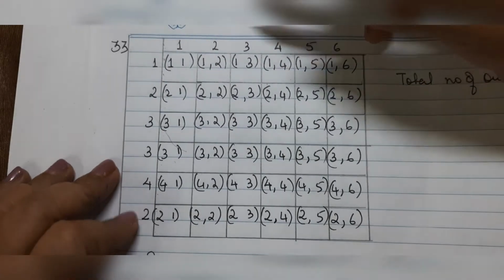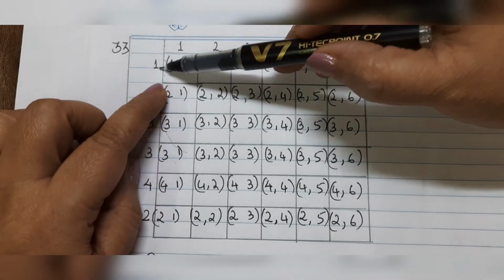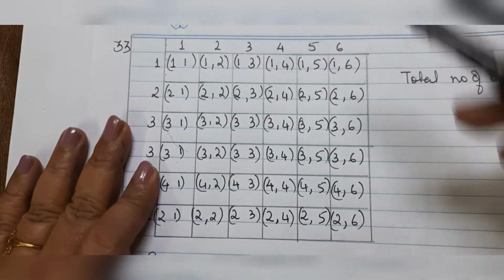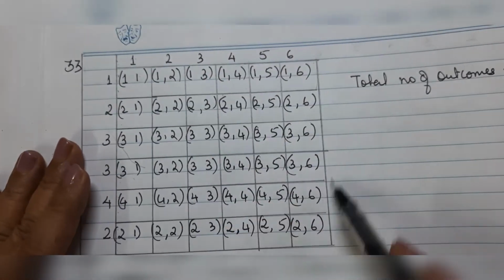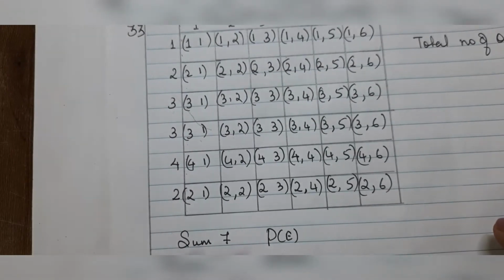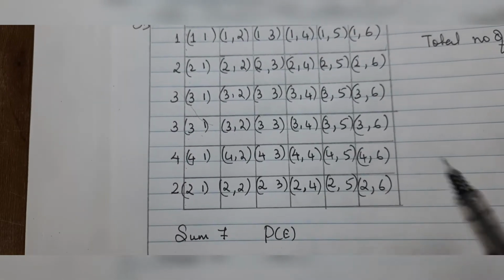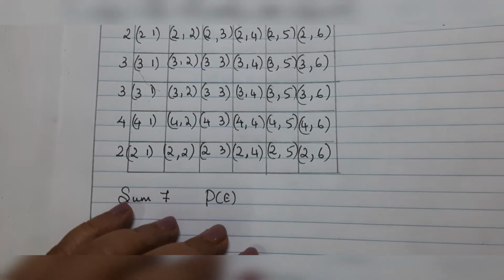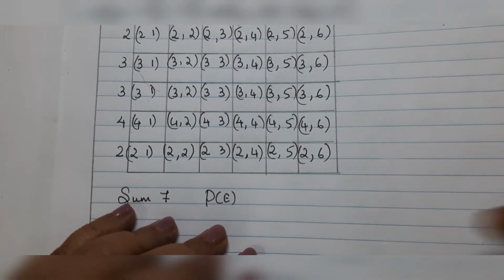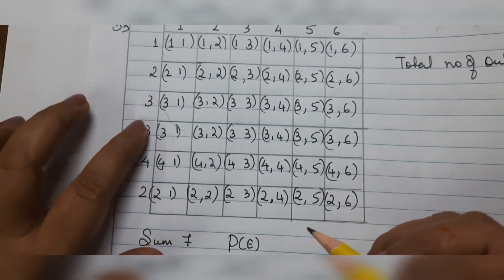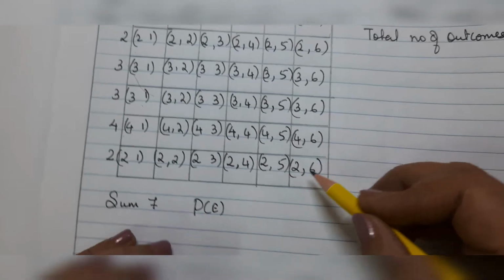I hope you all have also completed it. I have just taken 1 and 1, like 2 and 1, 3 and 1. Okay. Now the total number of outcomes here will be 36. Now we need to look for a sum occurring as 7. Here they will not be in a diagonal or in order, because these are repeating things. We'll have to look over here.